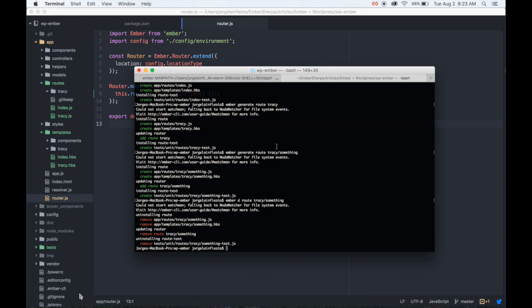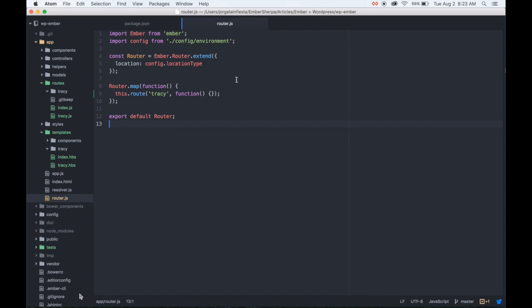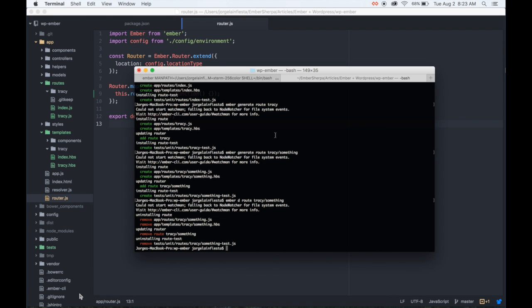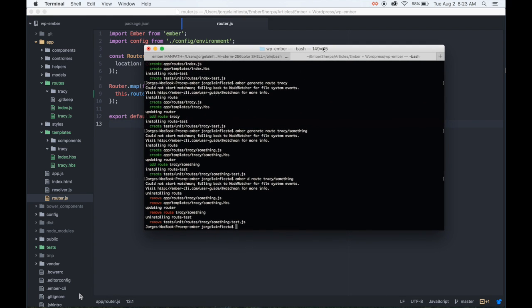Yeah, that's pretty much what you need for routing in Ember-CLI, which is rather simple. So let's see all the generates that you can do. You can do a handlebars file, for example. You may need templates, even if